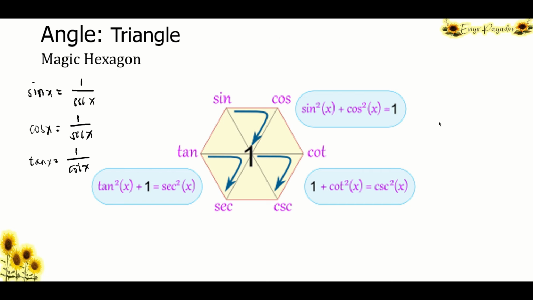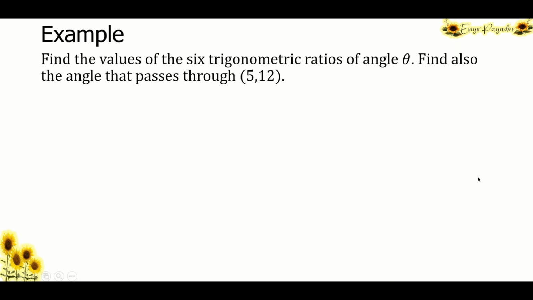Okay, so let's try to solve an example. Find the values of the 6 trigonometric ratios of angle theta. Find also the angle that passes through 5 and 12. So, given tayo ng dalawang coordinates dito. So, how do we plot this one? Okay, sa ating right triangle,